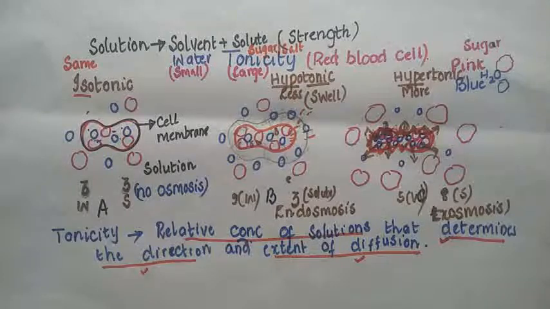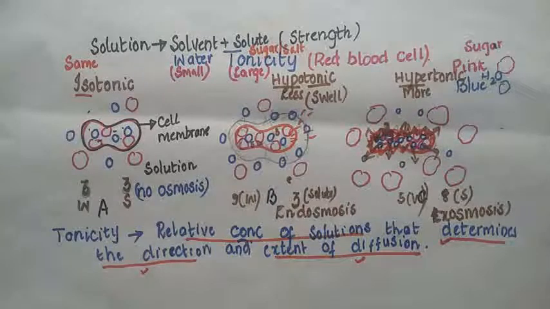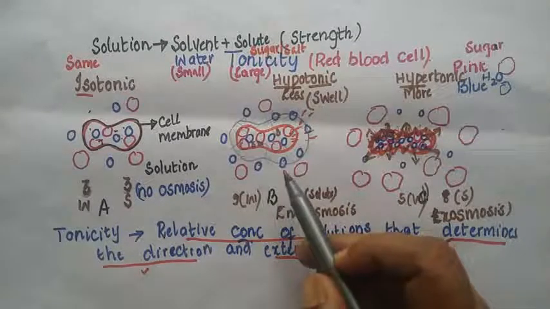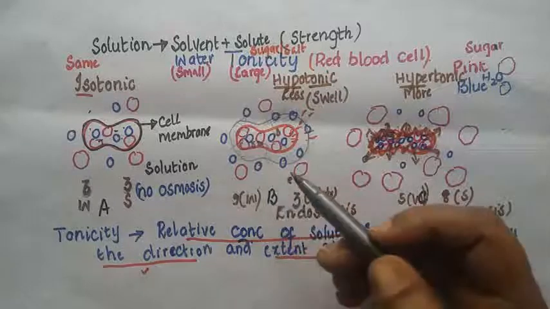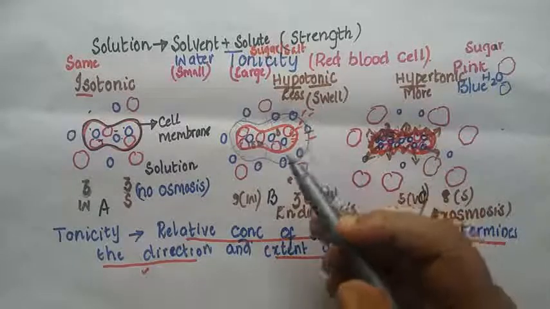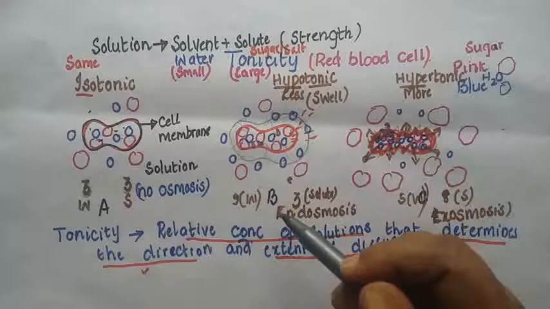Is that clear, children? So this is about the RBC, which comes in contact with three different kinds of solutions. Right? How about the plant cells? Do you find the same changes in the plant cells? Can you guess? I said the RBC, when placed in the hypotonic solution, swells up, and after some time the cell membrane ruptures and all the cell contents are thrown out. Right?